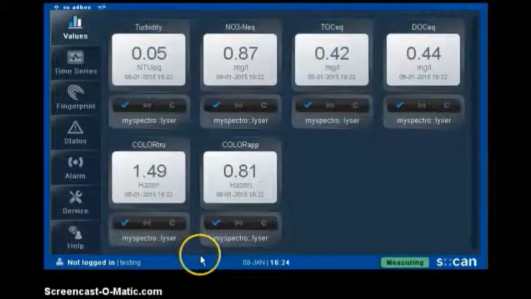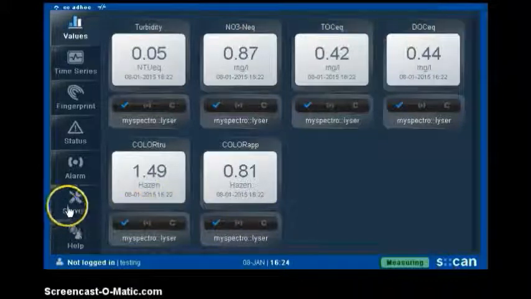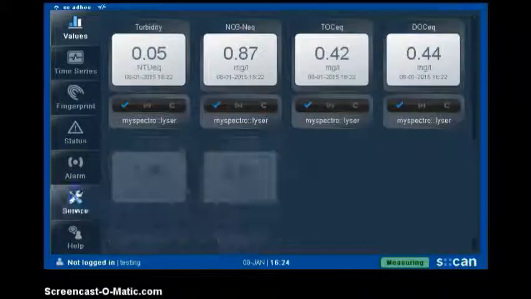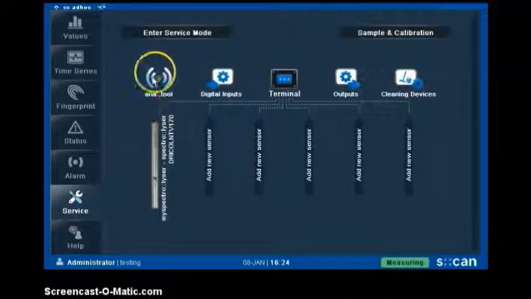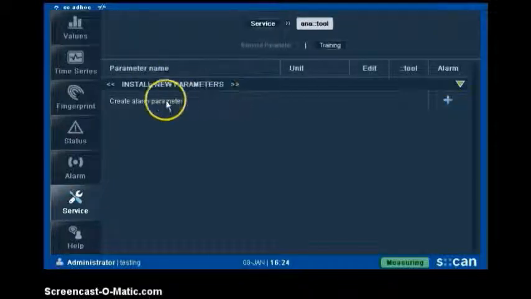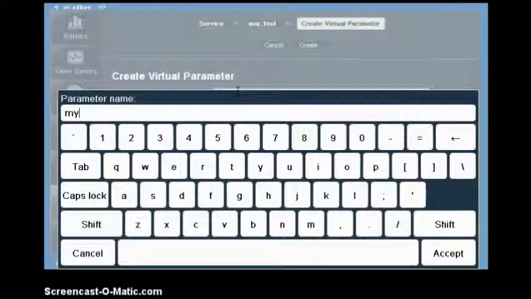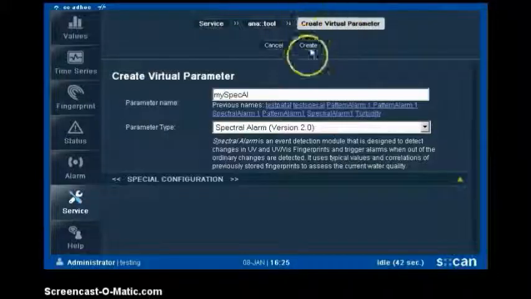Okay, so I will start now by creating two different alarm parameters, one spectral alarm parameter and one pattern alarm parameter. This is done, and we click on the Anatool icon, where we have the possibility to create a new alarm parameter. I will start first with a spectral alarm. I enter a name, click on create,